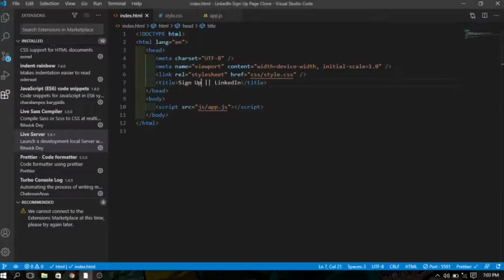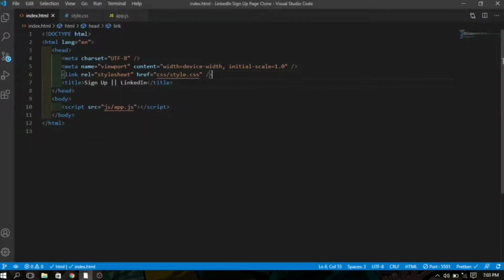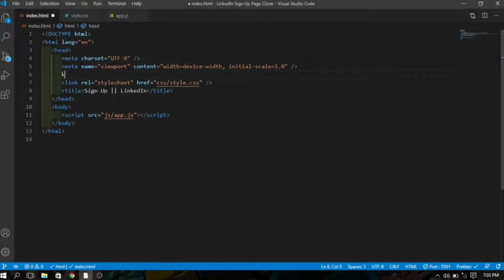There's one thing I would like to add before I forget, which is the icon, this little icon here. So I would like to add it, and towards it I'm going to use the icon link. So I'll say link,